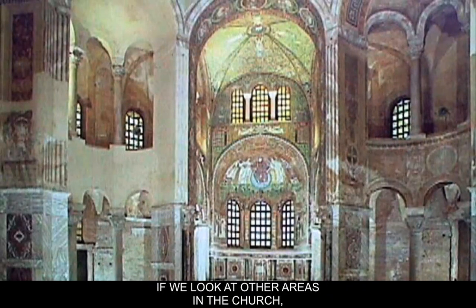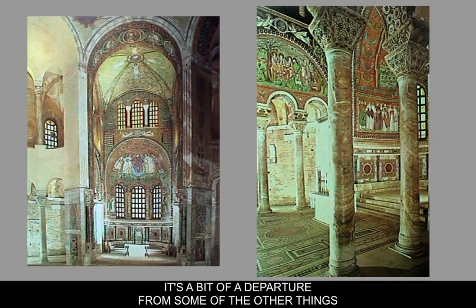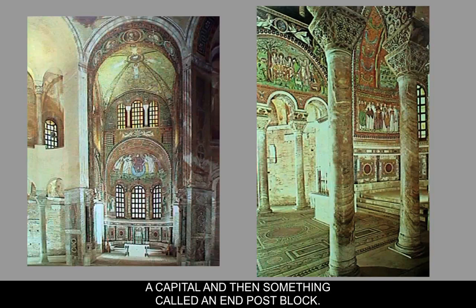If we look at other areas in the church, you can see that the capitals and columns and the types of marbles being used are a bit of a departure from some of the other things we've been looking at. The columns themselves are made out of a sort of multicolored and striated marble. The capitals have two parts, a capital and then something called an impost block. And when we study this a little bit more in depth later on, we're going to study the